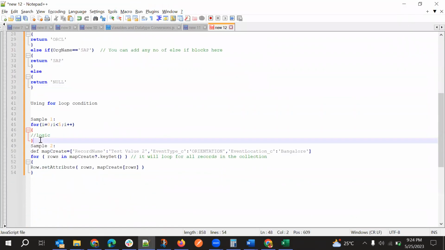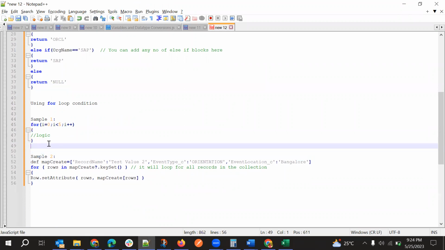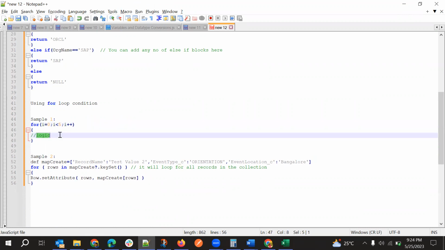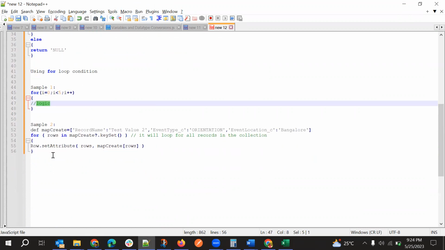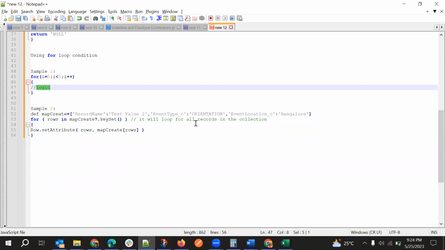So, a for loop sample, right? This is the sample script. We can use it like this: for i equals initialization, then condition check, then increment, then logic. Okay, so this is one method. Then another method is if, suppose, we are using